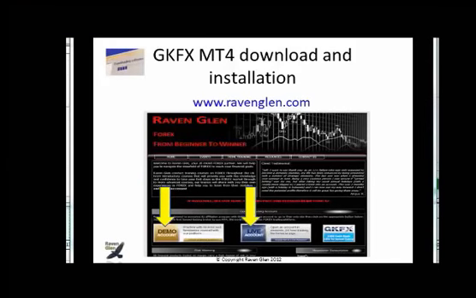Hi, I'm going to show you how to download and install the trading platform. It's called MT4 and it comes from a company called GKFX. First, you should go to the Ravenglen website,